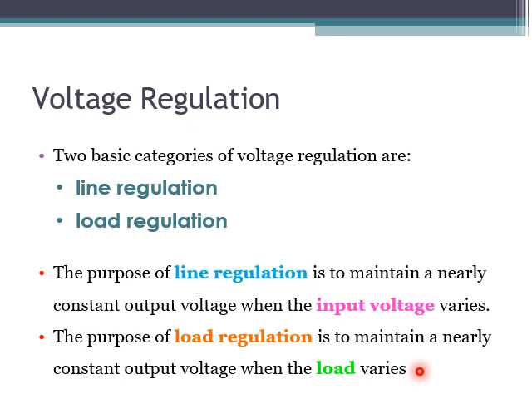So you might have seen the regulators in your TVs as well as fridges. If there is any fluctuation from our power mains, from the AC supply, you might have noticed this in your home, right? If there is any power fluctuation, that regulator which you might have seen on your fridges and refrigerators will maintain a constant output. Your output voltage should remain constant irrespective of whatever changes in your input voltage, that is called line regulation, and load changes, that is called load regulation. Clear? Right.